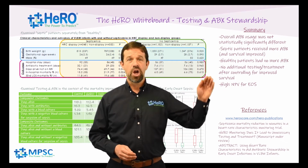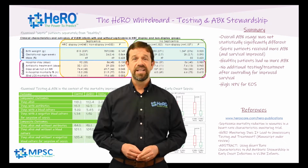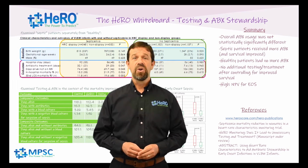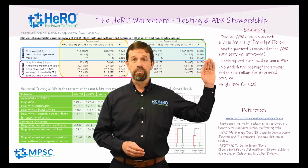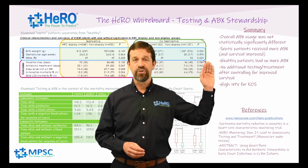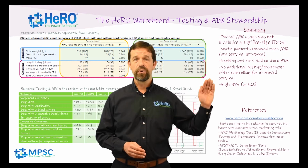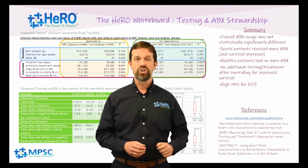To summarize, overall antibiotic usage was not different for patients randomized to have HeRO monitoring. When separately analyzing the groups that either had sepsis or not, the septic patients received more antibiotics, which was associated with increased survival, while healthy patients had no increased antibiotic exposure. After controlling for the very important competing outcome of increased survival, there was no increase in testing or treatment for